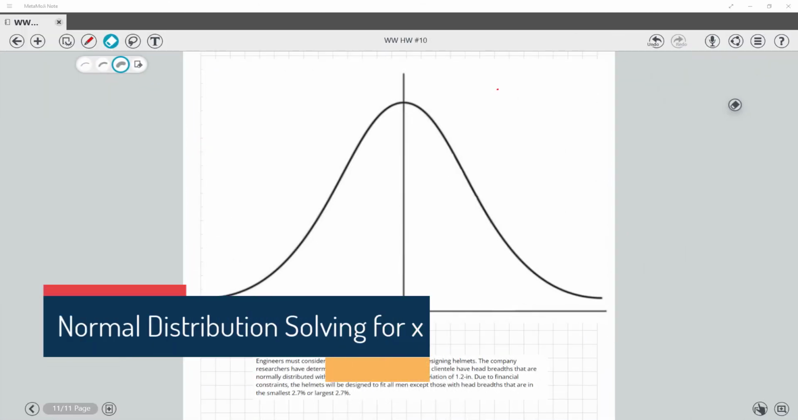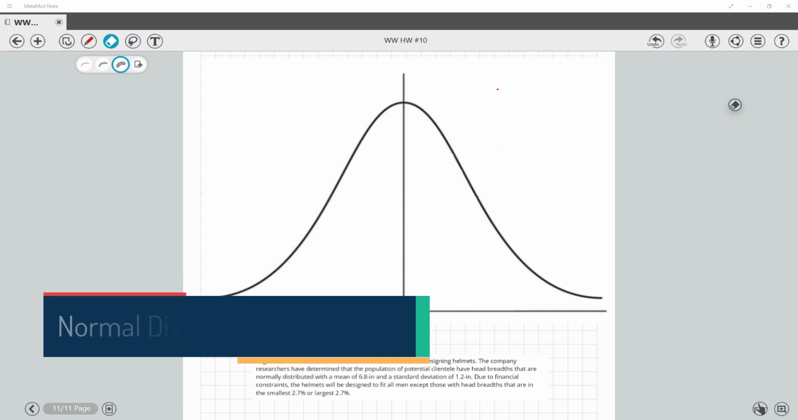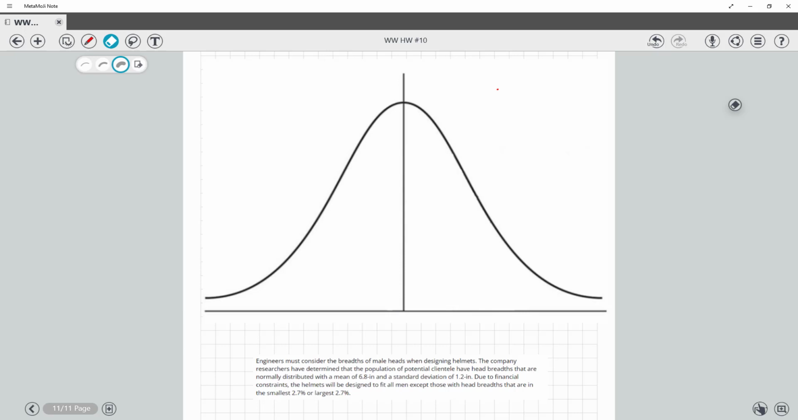Okay, let's say that we have this problem and it says engineers must consider the breadths of mill heads when designing helmets, and we are given a mean of 6.8, so I would write where the mean falls, and a standard deviation. I'm not going to do anything with it, but I'm just going to write it over here. And it wants to know the cutoffs here of the lowest 2.7%, or that would be 0.027, or